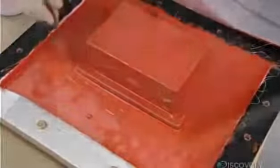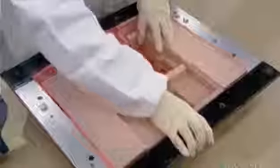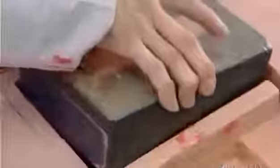A computer-guided milling machine contours a piece of foam that will fill the empty space inside the shell. This foam absorbs the force of impact, so the flight data recorder can survive a crash. They coat one side of the foam core with resin paste, then lay it into the mold. They fill voids with a temporary retaining block to prevent the foam core from collapsing inward during the vacuum process